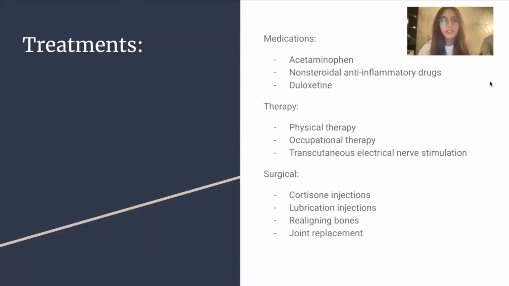Okay, so there are some medications that don't cure hip osteoarthritis, but they can help with the pain. Acetaminophen has been shown to help some people with osteoarthritis who have mild to moderate pain. However, taking more than the recommended dose of acetaminophen can cause liver damage. Non-steroidal anti-inflammatory drugs, or NSAIDs, some of them are over the counter, such as ibuprofen and naproxen sodium, and if they are taken at the recommended dose, they typically relieve